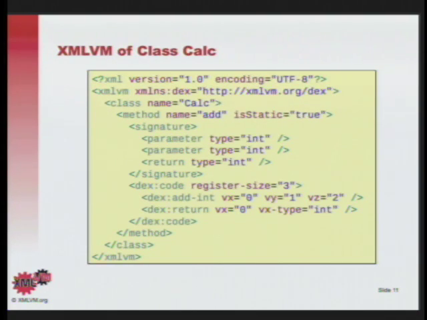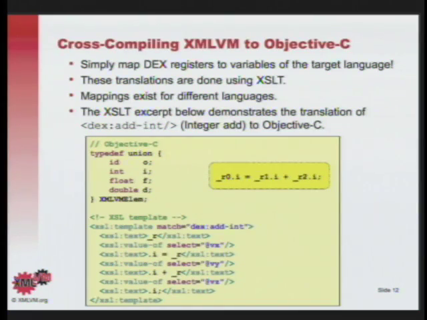So, but why do we convert this to XML? Well, that's also where the project XMLVM gets its name from, because we're using XML technologies for then generating high-level languages. So in particular, what we do now is we're using XSL style sheets for the code generation. So on the next slide, I give you one example on how we map this add-int instruction to source